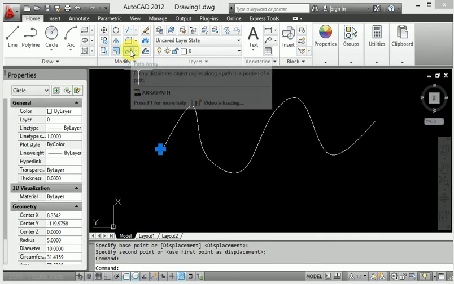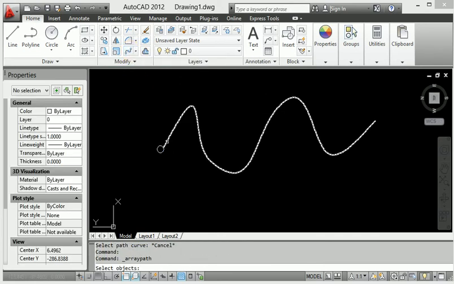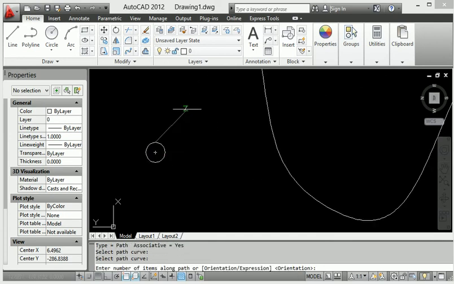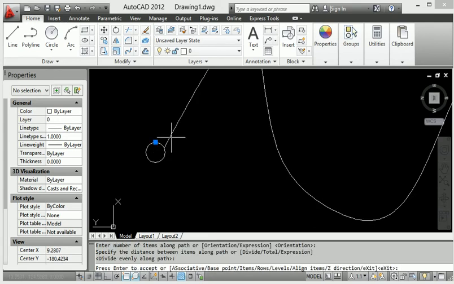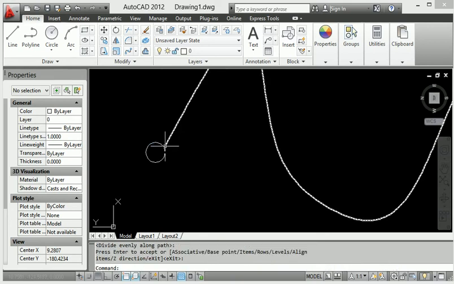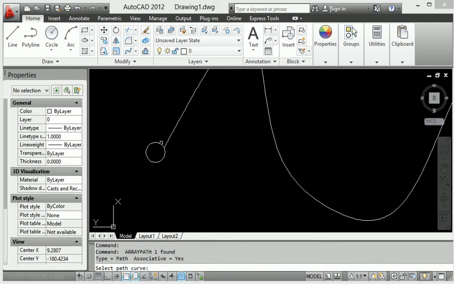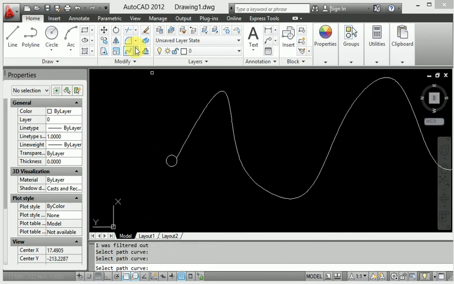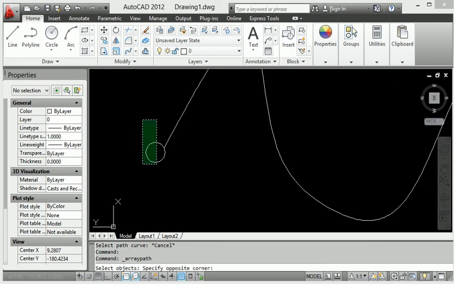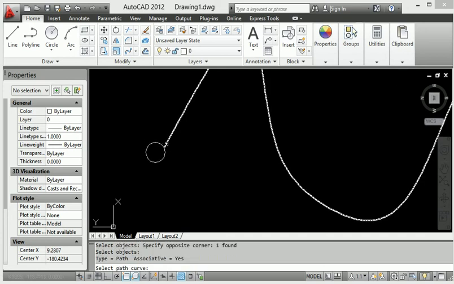When I click this circle and go to path pattern, then also define the axis, which axis to use to create the path pattern. When I press enter, then click the circle here. First of all select this path pattern and select OK, then click here.